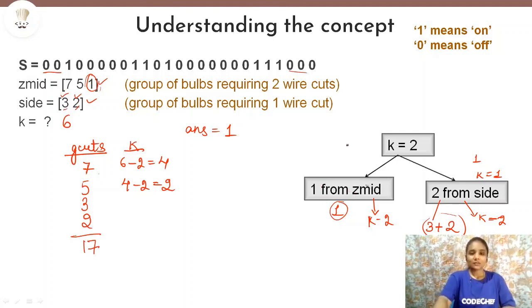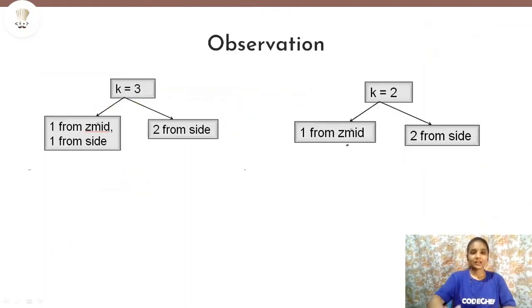Now, broadly speaking, these are the two observations that we have made. That is for k equals to 3, or we can say when k is odd, and for k equals to 2, or we can also say when k is even. Now if we try to combine these two observations, then what can be the generalized form of this? That when k is odd,